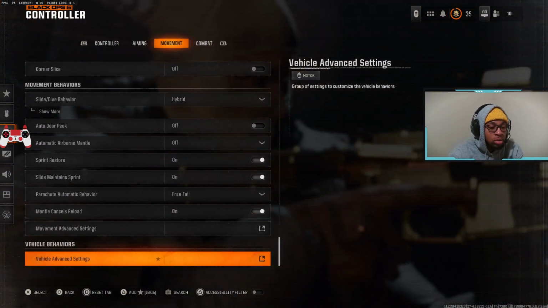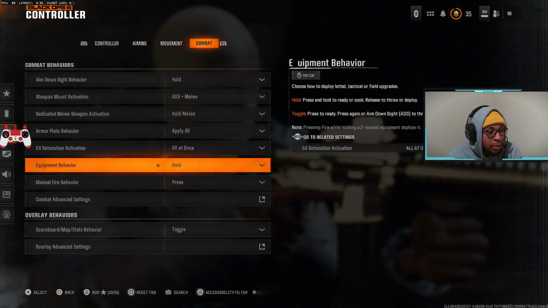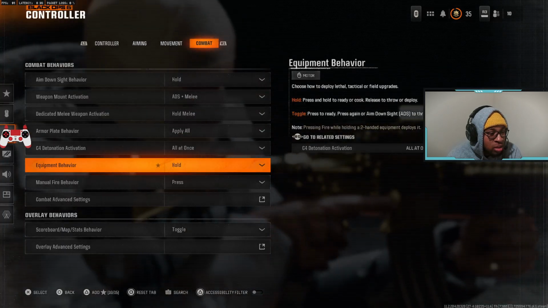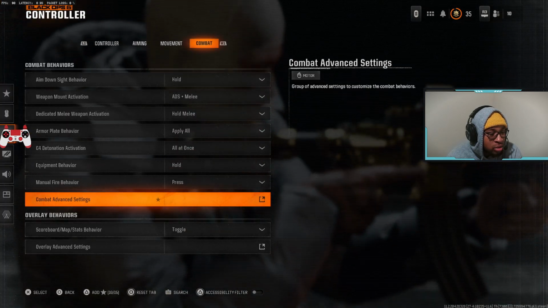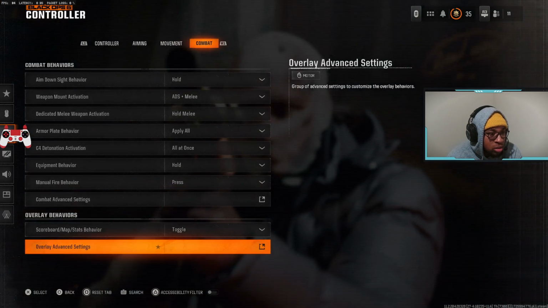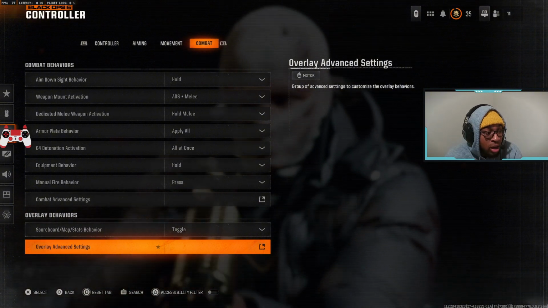Yeah, so just copy those settings, and then over here, you don't have to change any of this. Just ensure that you have these as is right here. Don't change any of these, right? So that's basically it for controller settings, right? And then